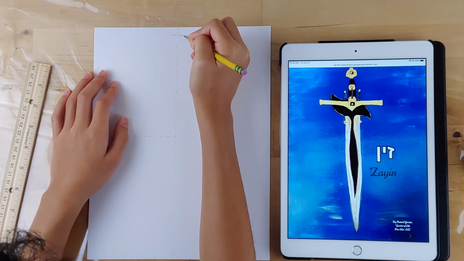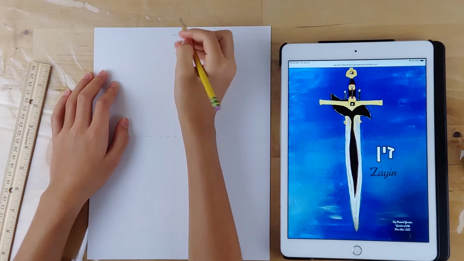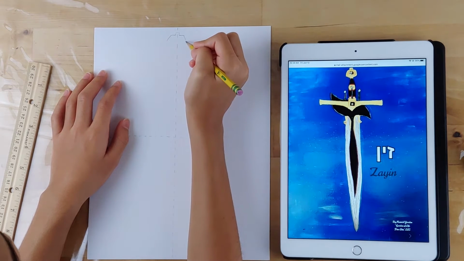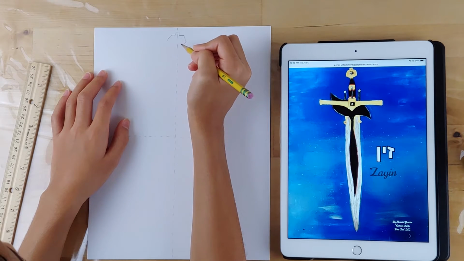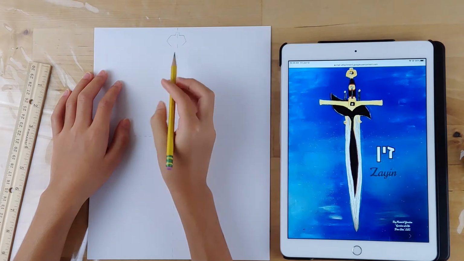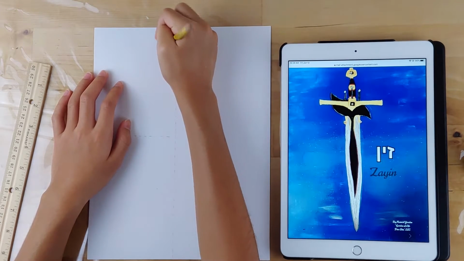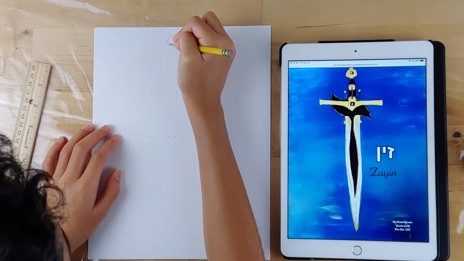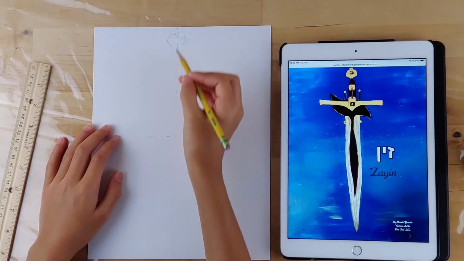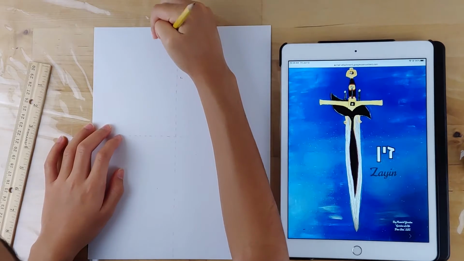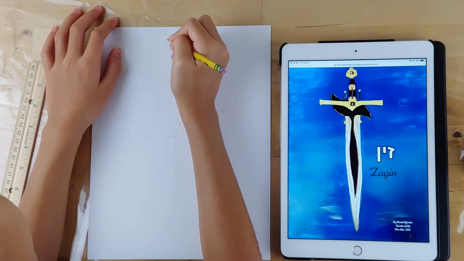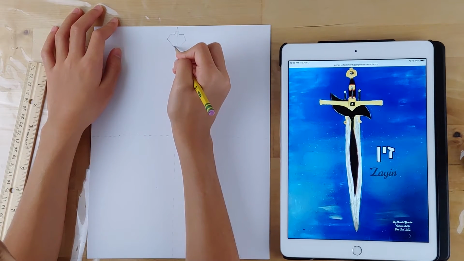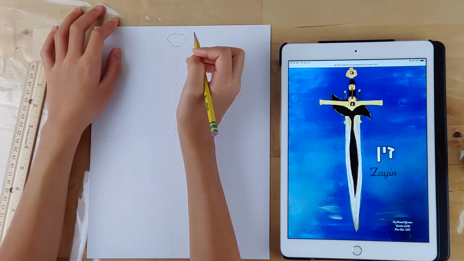Next, we're going to go down at an angle that way and down at an angle this way. Still trying to mirror it. Then we're going to try coming together. Don't go all the way to the line, because we need to make a straight line to make this part of the handle. I'm going to make this one with a mirror image. I'm trying to make it mirror. There, that's better. Then we're just going to connect them like this. We'll come back to the top later.